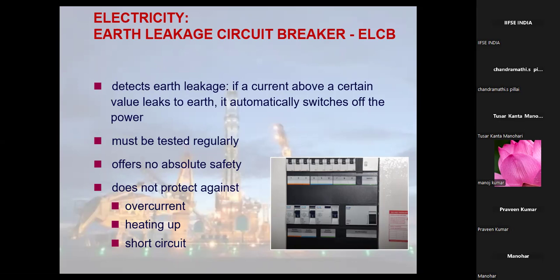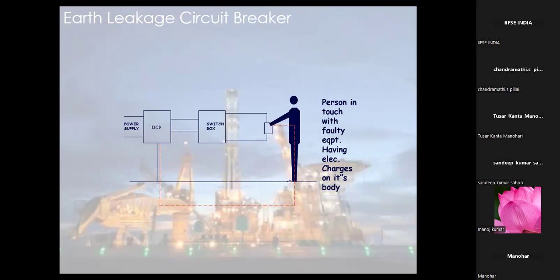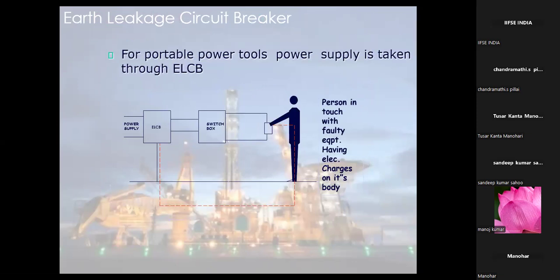See, in the last question I asked, which one you will prefer, RCCB or ELCB? Now, as per this, ELCB has a limited protecting system. So would you still like to go with this ELCB? RCCB. So you want to switch now? No. Last time also I told you RCCB. Yeah, that's why I asked.